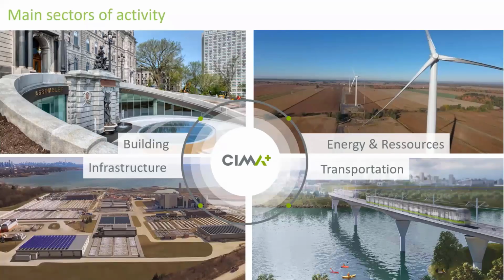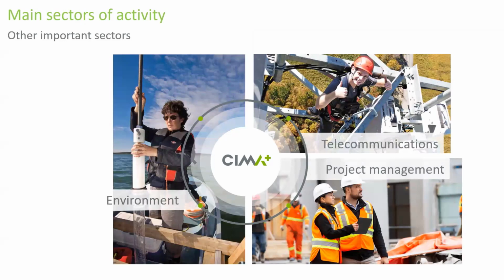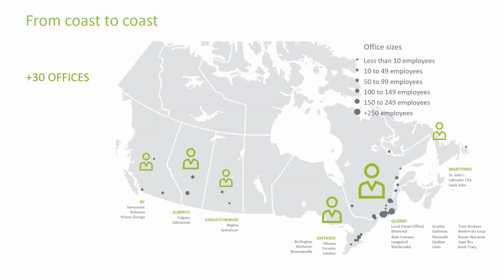So CIMA Plus is an engineering firm that provides services in many sectors, activities like building, infrastructure, energy, transportation, environment, telecommunication, and project management. We also offer integrated service in geomatics, reality capture, and a lot of other integrated services. And we are mostly based in Canada. So we have more than 2,600 employees across Canada. We have many offices in different